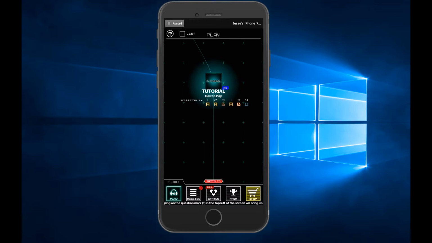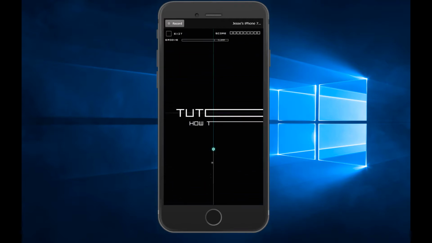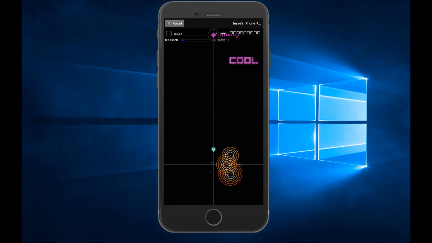So let's go back into the first song again, but this time I'm going to jump down to, I don't know, the third difficulty here. Now, let's do this one and then I'll explain more. Alright, so I flick to the right. So it's not just a tap anymore. You see how on the beats there, it's kind of pointing to the right or to the... Oh, that was way early. That was terrible.